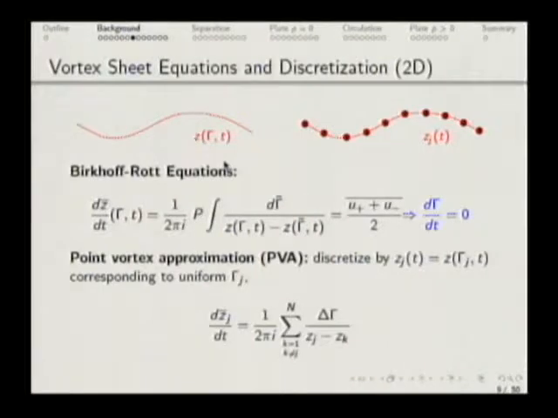So the point vortex approximation refers to discretizing these equations by taking your sheet and approximating it by a discrete number of point vortices. They have to be equally spaced in gamma, so that you can approximate the principal value integral by ignoring the contribution of the point itself. Okay, so if the points are equally spaced, this approximation approximates the principal value integral. So you have a set of ODEs for the points, and you say, okay, I'm done. I can go and compute the motion. But